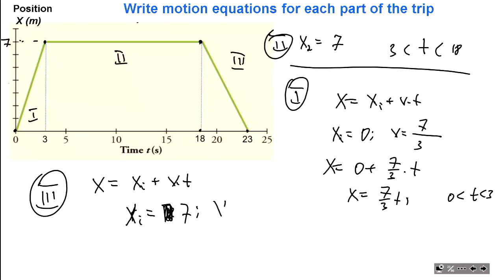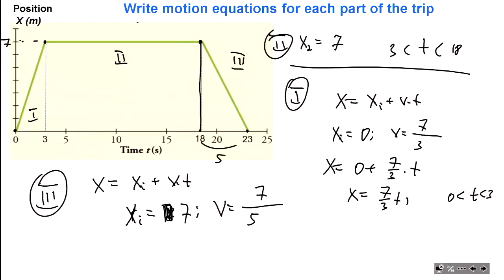And now we need velocity. And that's supposed to be, well, first of all, it has to be negative, right? But your instinct tells you to do this, 7/5, because what you see here and here, and that would be